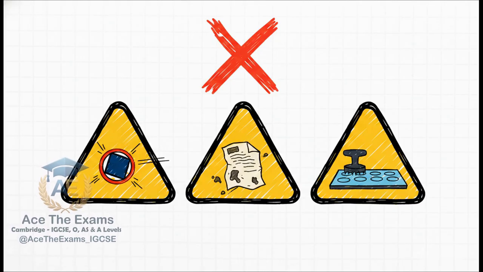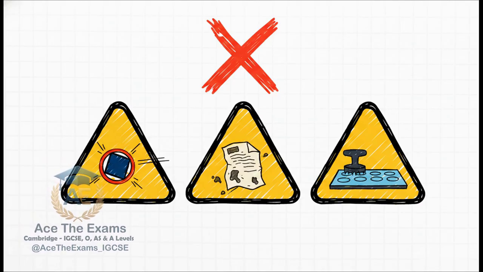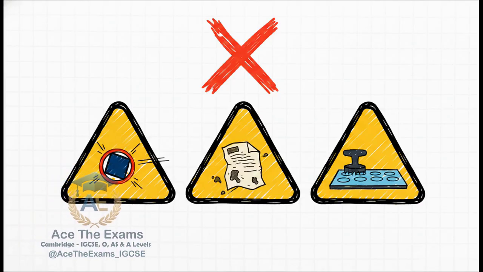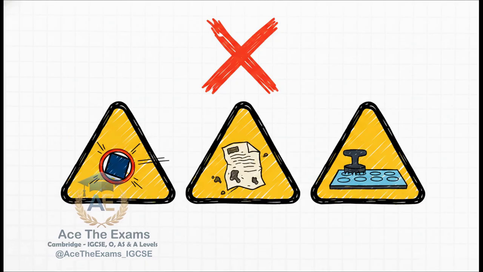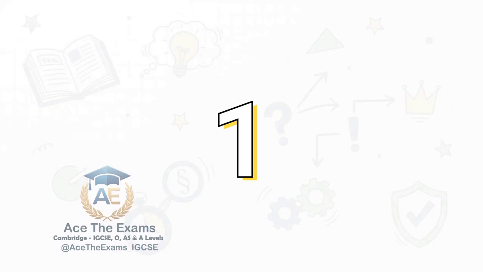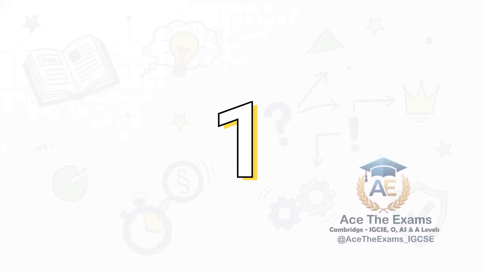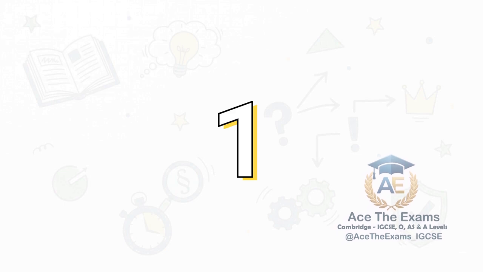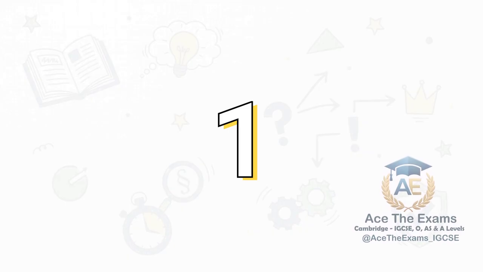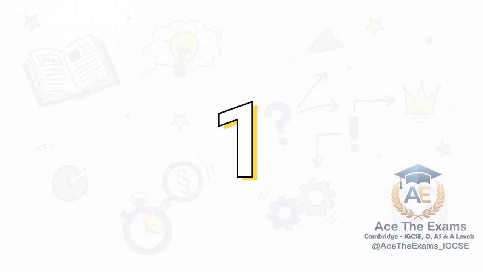Warning number 2, forgotten format and presentation. A brilliant argument gets lost because it's a structural mess. And warning number 3, our classic trap, generic, non-specific answers, reciting a textbook entirely disconnected from the scenario on your desk. So, if you take nothing else away from this session, remember this one golden rule. This is the single most vital strategy to ensure your script climbs into the A-star tier instead of bleeding marks to descriptive fluff. Always link every single point to the given scenario.